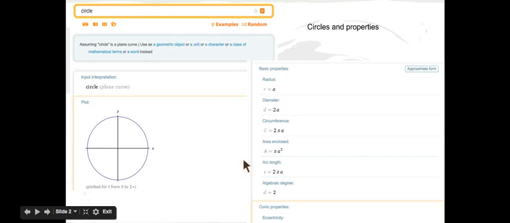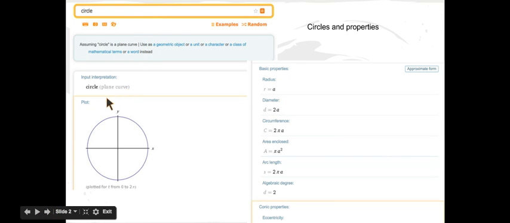Going to dive into circles a little bit more. We're going to explore it deeper, and I encourage you as you learn mathematics, go deep. Don't worry so much about speed. Worry about depth, and really try to get a fluency for mathematics in general. But we're going to start with circles, and if you go into Wolfram Alpha and you just type in the